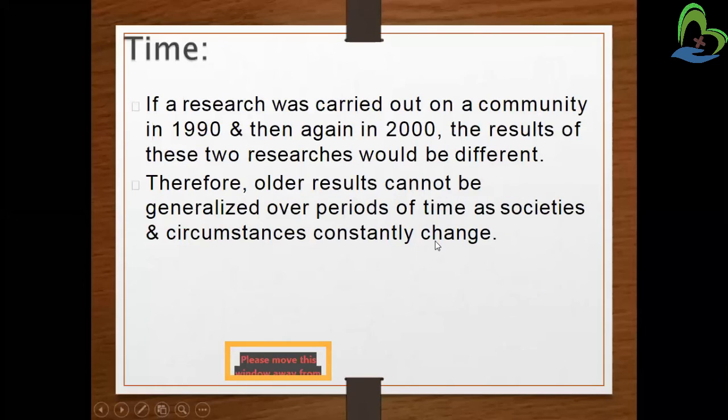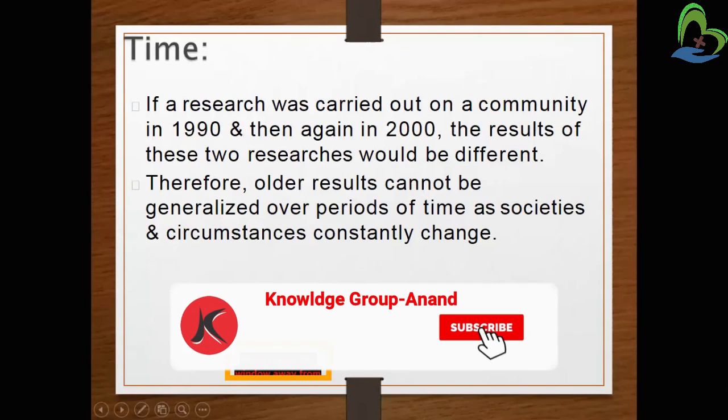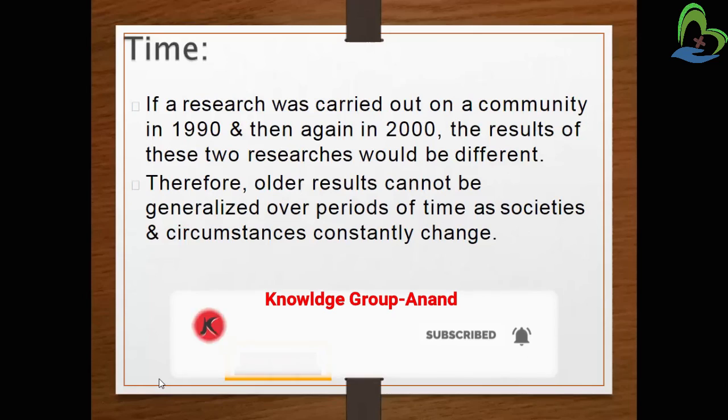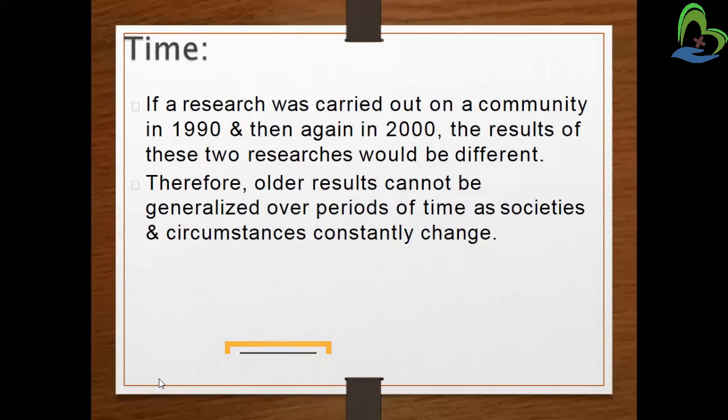Next is about time. If I carry out a study from a decade back and try to generalize it to today, the technologies are varying from the past decades. So it cannot be generalized because time has changed, environment has changed, technologies have changed, lots of development has happened, lots of pros and cons are there. So it is not the proper period for which we can generalize from the periods that were studied before. So we have to do another study in a similar